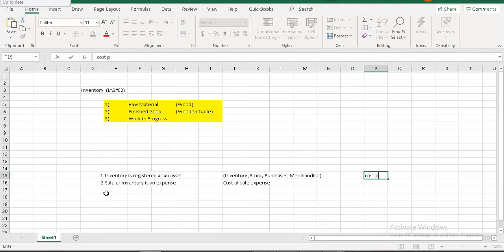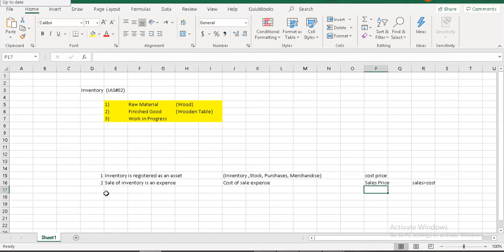Whereas, my dear friends, whenever the inventory is sold, it is normally sold at the sales price, and it is a convention that the sales price is always greater than the cost price. This is why we attach the element of profit whenever we sell any piece or batch of inventory.